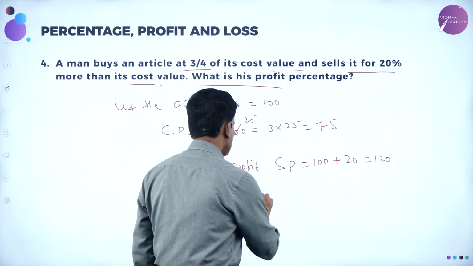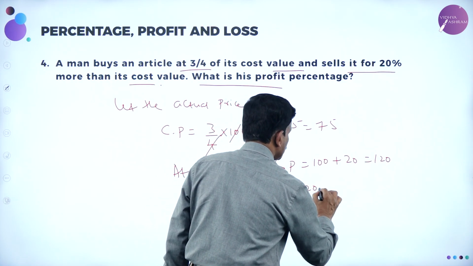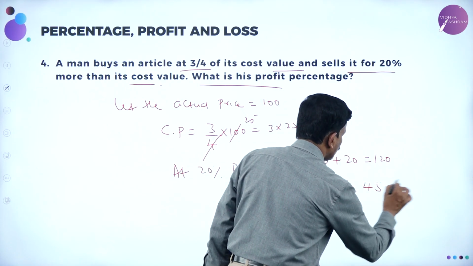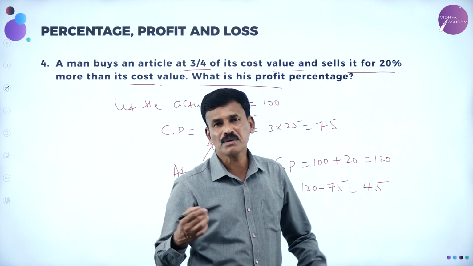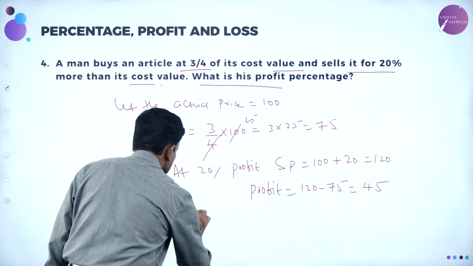So therefore, profit is equal to 120 minus 75, that's equal to 45. 45 is the profit. Okay. Now what is to find? The percentage of profit. So therefore, profit percent is equal to